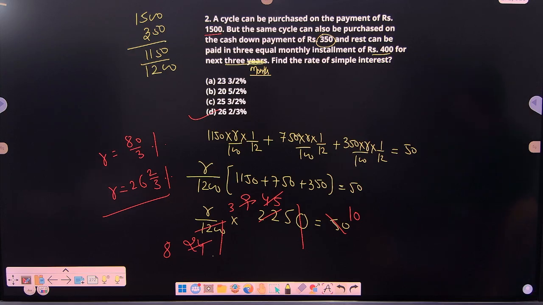The third question is on the same theme. If you are able to understand the second question, you would be able to do question number 3. Exact question, just for your practice. Any doubt you want to ask, you can immediately ask. Clear, guys? Now go on to the third question.